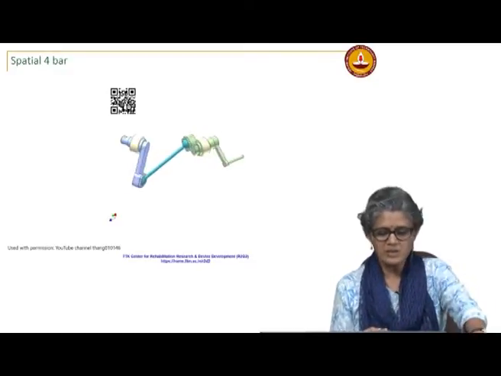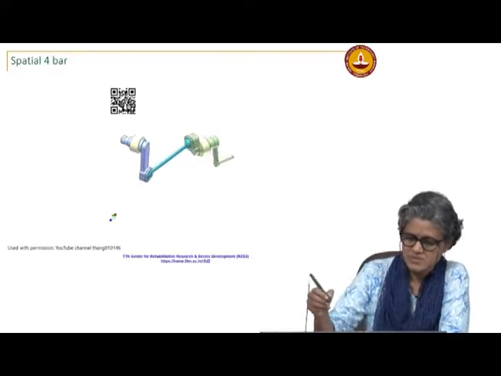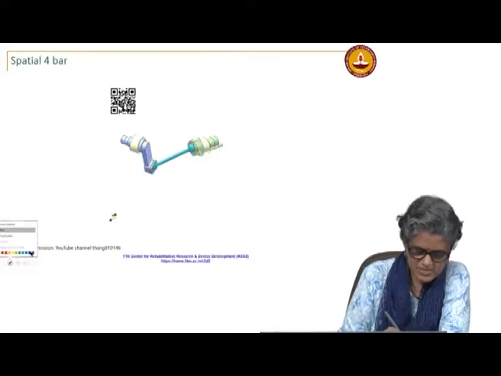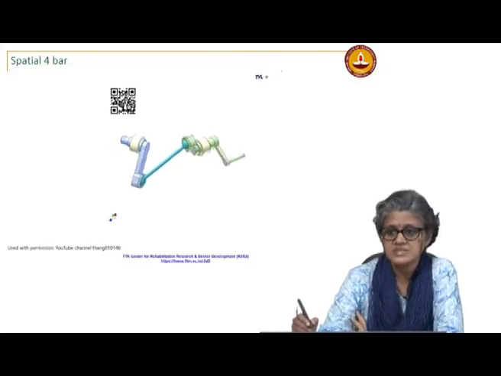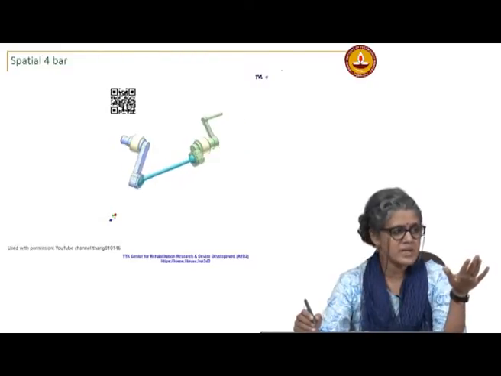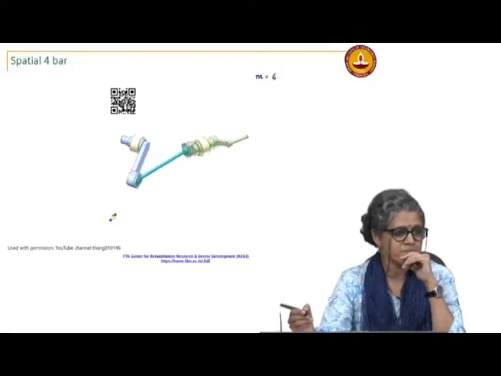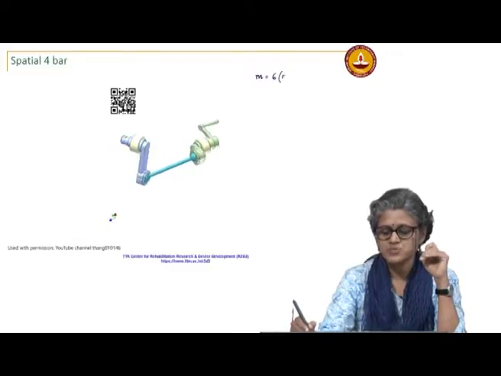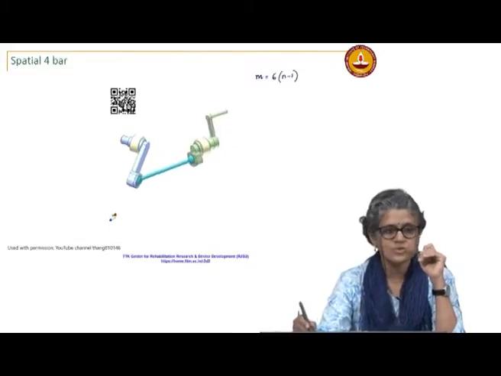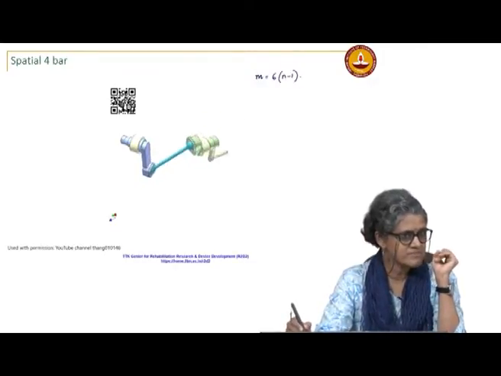Now, we can do a similar mobility analysis for spatial mechanisms, except that you have to take into consideration the fact that now a rigid body in space has how many degrees of freedom? 6. Okay. When we restricted it to the plane, it only had 3 degrees of freedom. Now, you are talking about a general rigid body. So, if you take n links and make a mechanism, you would fix one link. So, this would be the total number of degrees of freedom, and then I start adding joints,